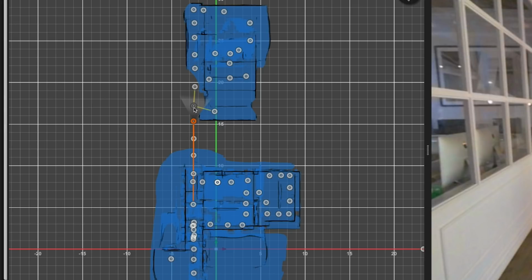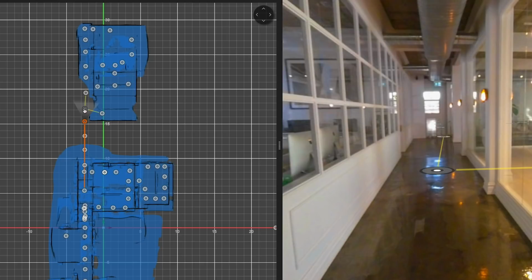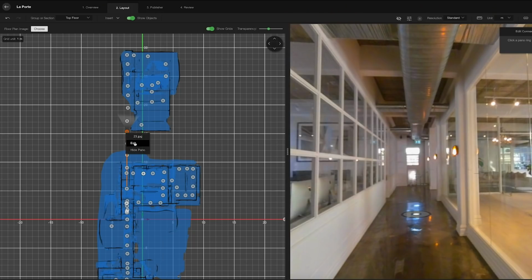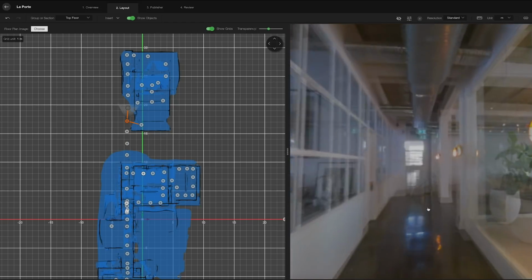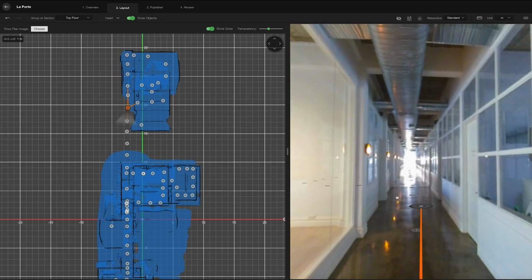However, these 2 aren't connected. Because I'm still in the edit connectivity mode, all I need to do is press on that and see how I just added that line there on the right hand side. That means these 2 are now connected. Once you're happy, just right click and go exit. Now when we look on the right hand side, you'll see the entire tour all the way down the hallway, which was previously disconnected, is now connected.